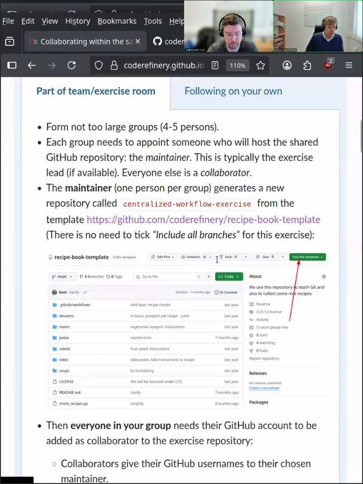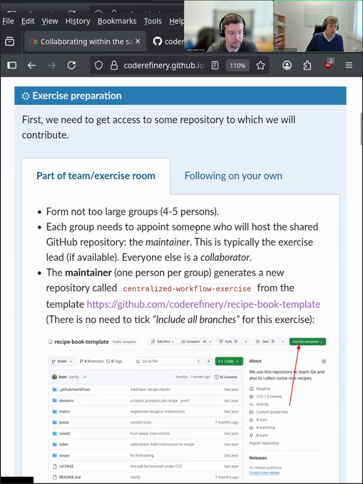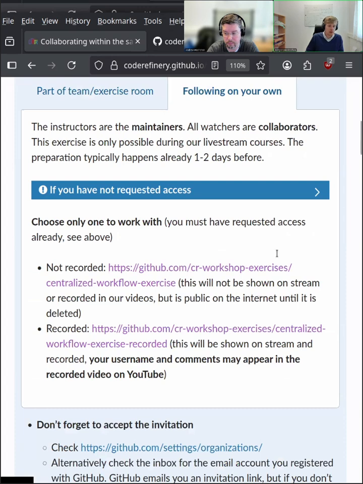Okay, so let's go back to the material. That was all the information which is important for those of you who manage a group of participants. But for those of you who will work with the centralized repositories, you will work together with us, so with Andrew and also Enrico and Jarno. In this case, you have two different options for this exercise.